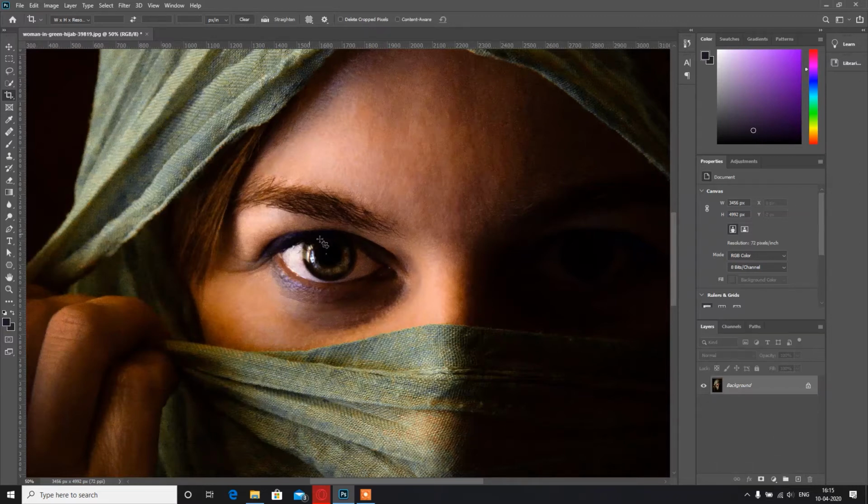Firstly, I have to make the selection of this eye. So how can I do this? If I use the quick selection tool, you can see we cannot make a proper selection with this. If I start subtracting the selection, you can see that we are not getting a good result with that. So the best way to do this is to first deselect this selection,